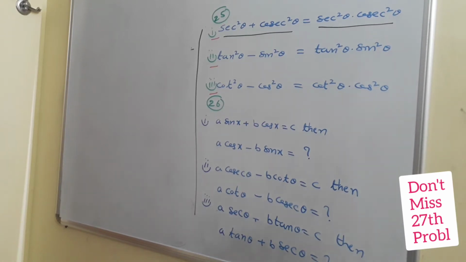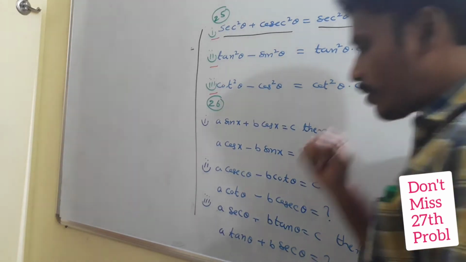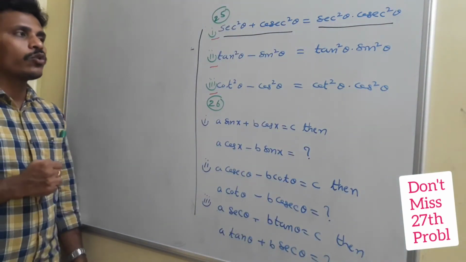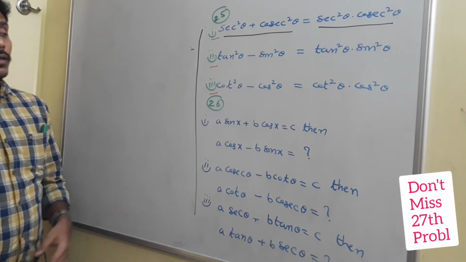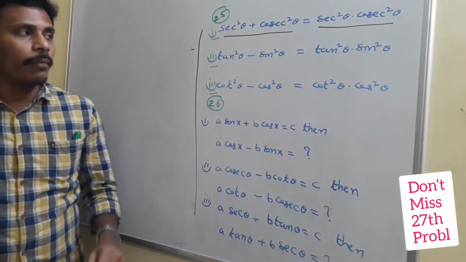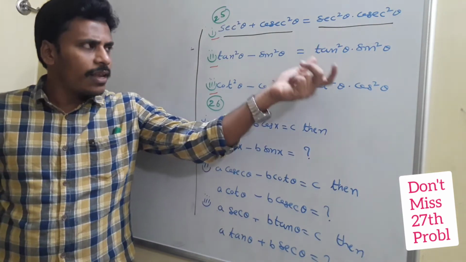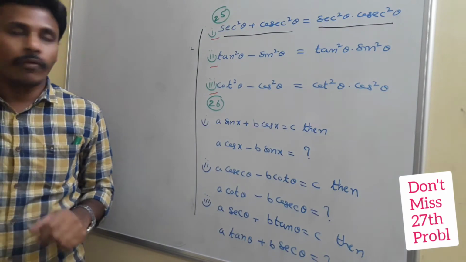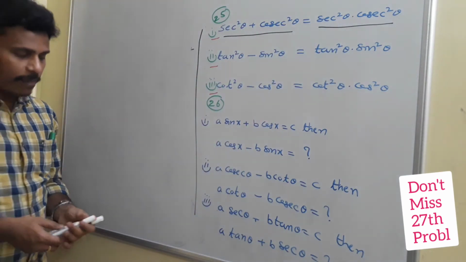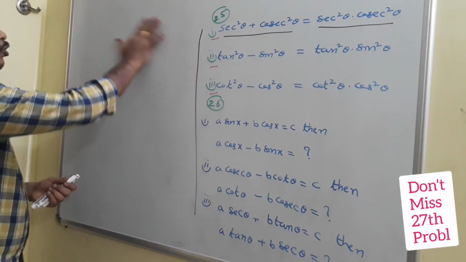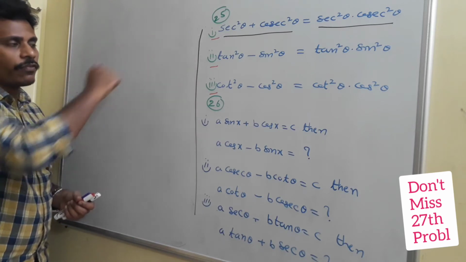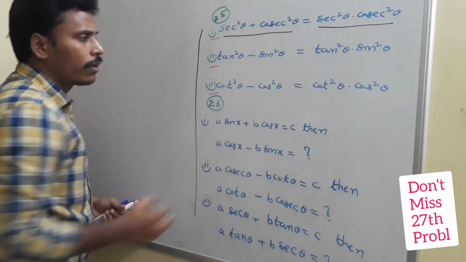See what we have to prove here. The second one, here it is tan square theta minus sin square theta is equal to tan square theta into sin square theta. This is also somewhat different. Here two terms with a minus sign in between them, and on the right side the same two terms with the product sign in between them. Right, here the minus sign is becoming a product there. See how it happens. Again I need to start with the left hand side to prove. I will prove the second one. We already discussed the first one, and I leave you the third one for your practice.